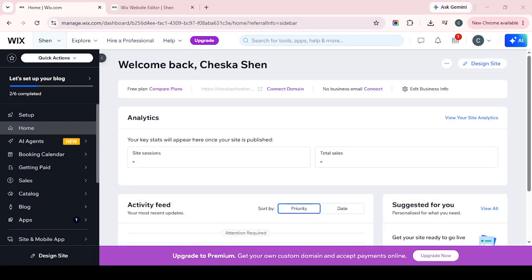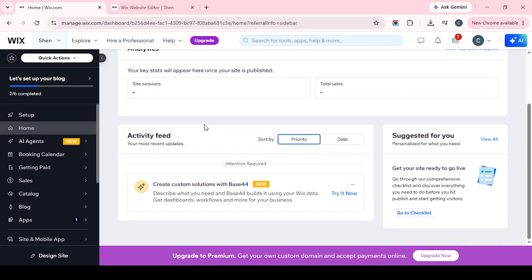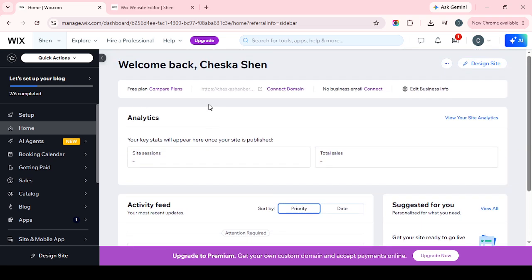In today's video, I'm going to teach you how to install the Shippo app from the Wix app market. To get started, open Google Chrome and go to your Wix dashboard workspace. Make sure you're logged into the correct Wix account and that you're viewing the site where you want to add the integration. This matters because any app you install will be connected to the specific site you currently have open